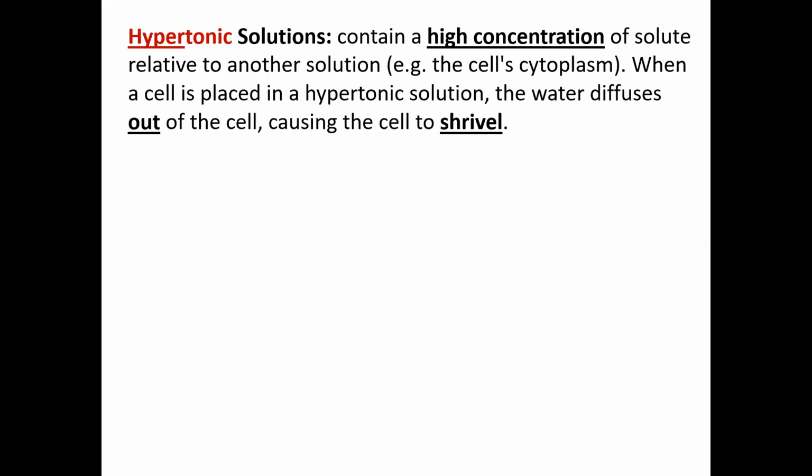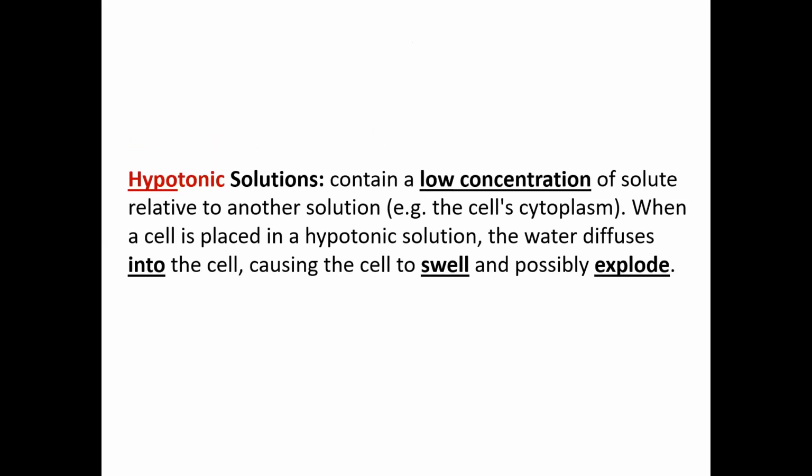Okay, now again the hypertonic solutions, where the molecules are moving and carry out diffusion. The first is the hypertonic solution. What it means is that a hypertonic solution contains a higher concentration of solutes relative to another solution. That means the cell cytoplasm contains a higher concentration of solutes, and outside the cell it is a lower concentration. So sometimes if this kind of diffusion does not occur, the cells shrink. The other one is a hypotonic solution, which contains a lower concentration of solutes relative to another solution.